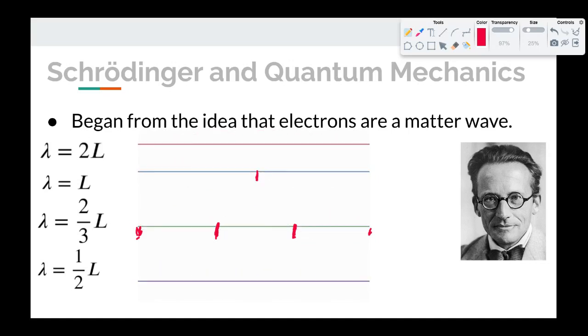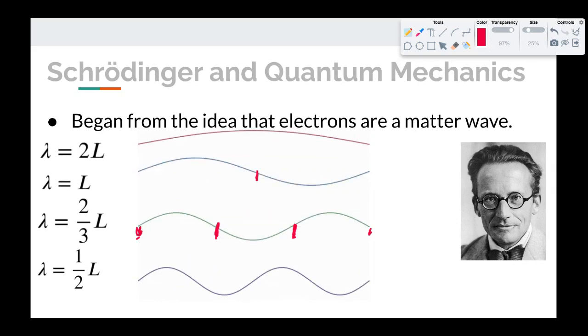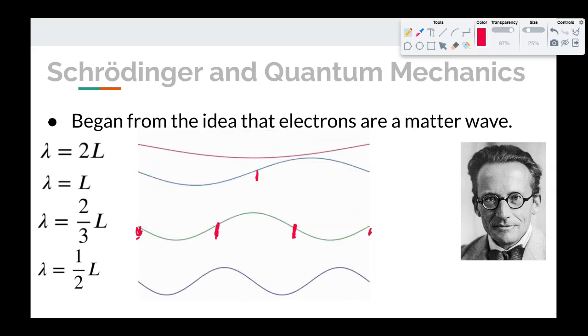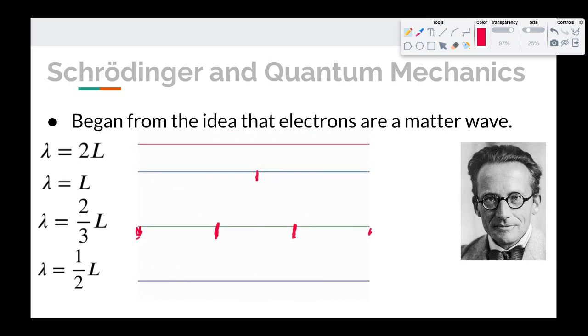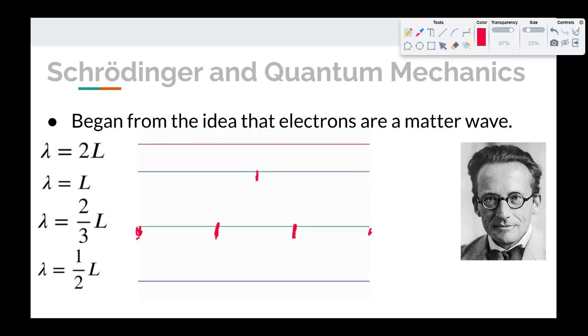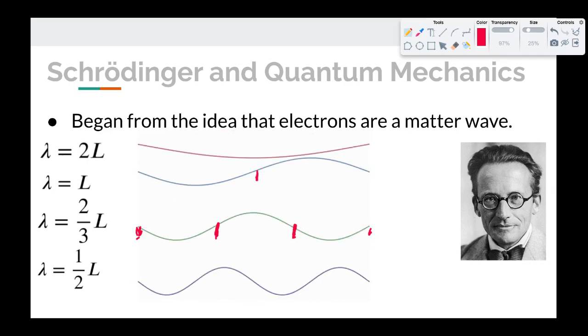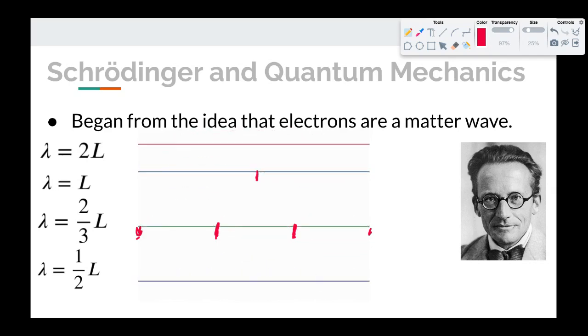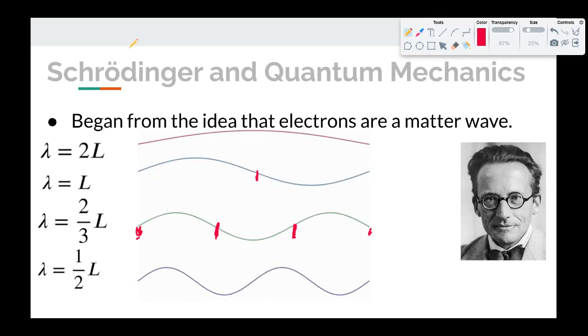And without breaking the string free from the ends, there are no other allowable modes of vibration, unless you just have more waves in the length of that string. So this sequence could keep going up basically to infinity. But in between these, there are no modes of vibration that could possibly happen with a standing wave. So that means there are only certain allowable wavelengths, and you could describe them with this equation.